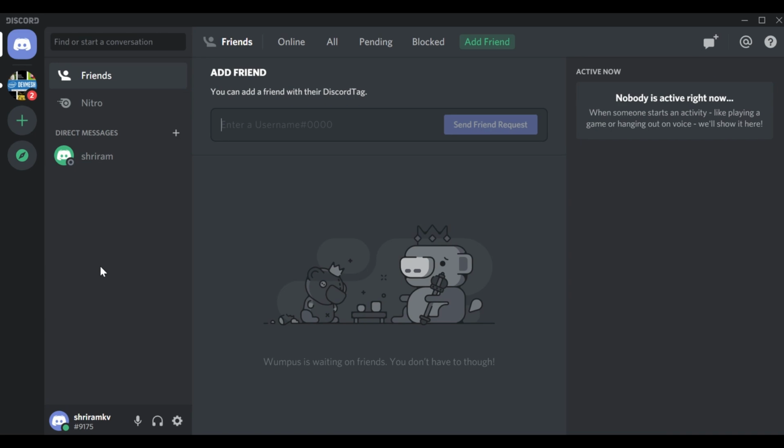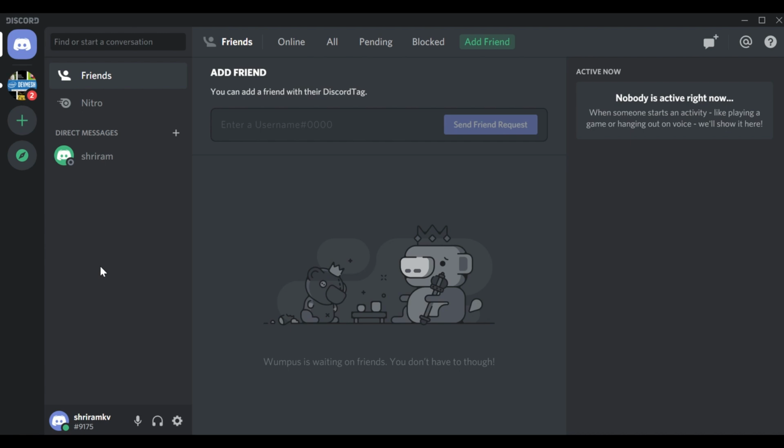Friends, we need to now understand how exactly to create a server. What is a server? Very simple. It is the chat box for you where you can invite a lot of your friends and you can start communicating. You can have multiple servers, which means one server can talk about your managerial activities, another server can talk about the HR activities, another server can talk about the fun activities. All of them are different and each server is like a room where you can call multiple people to discuss and to have a chat inside.